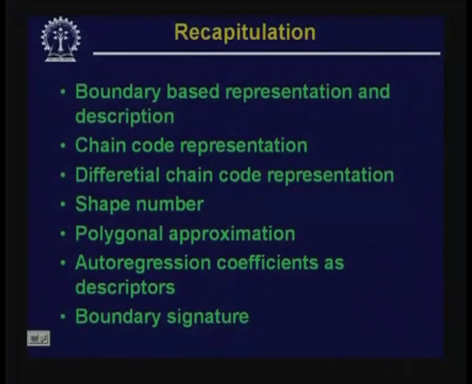So, to take care of its dependency on the scale as well as its dependency on rotation, what we have done is we have resampled the boundary points by placing grids of different sizes. So, the different scales of a region can be taken care of by placing grids of proper spacing,